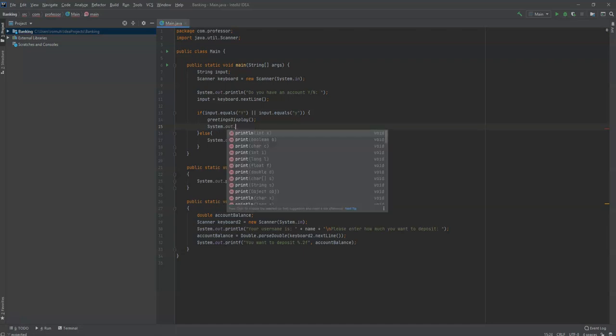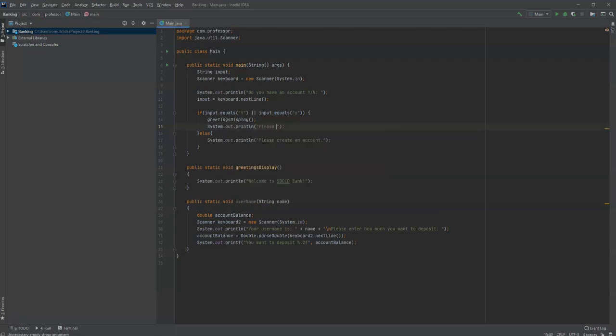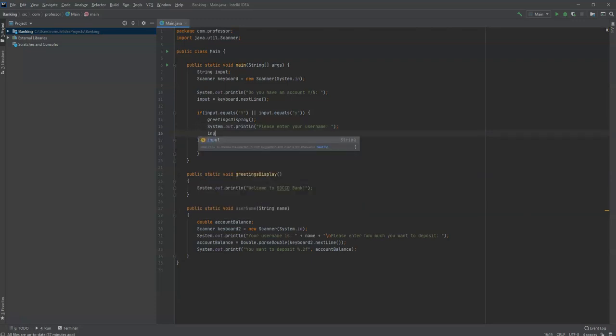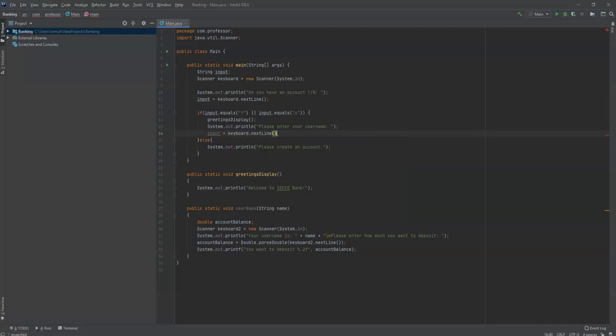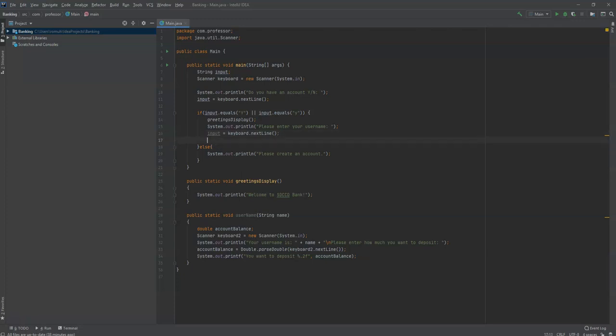So we'll do system.out.println again, and then we'll ask the user, please enter your username. And then the user will enter his or her username, and then we'll use the same string object that we created up here, since this has scope in this main method, to hold the username. And we'll do keyboard, since keyboard is the scanner class object that we use in the main method. We use keyboard.nextLine to get that information from the user, and then we'll use username, the actual user method,